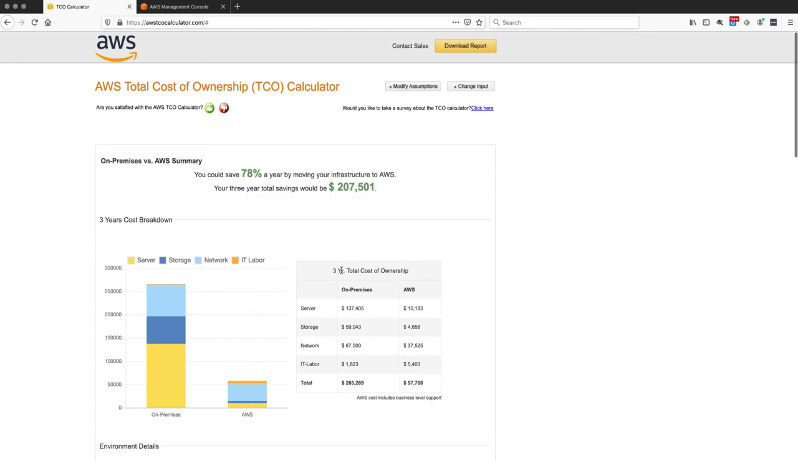And at this point, I'm back to the screen here, which is my TCO calculator. I do have the opportunity now to download the report. And so if you want to download the report and take all the information that is available here,